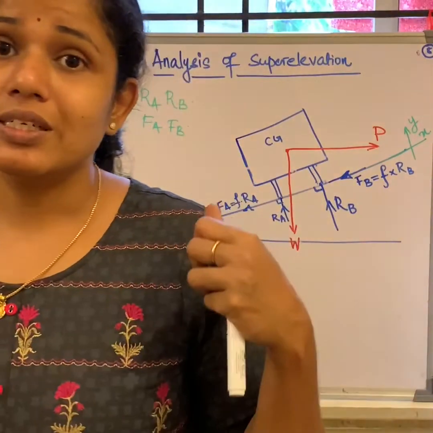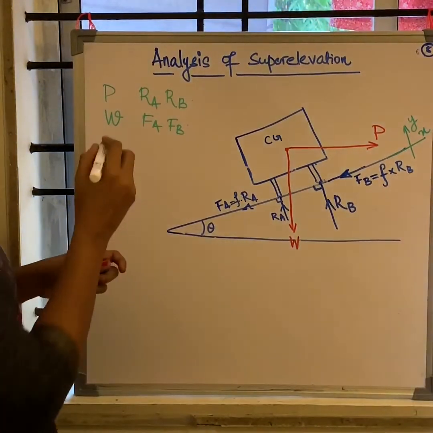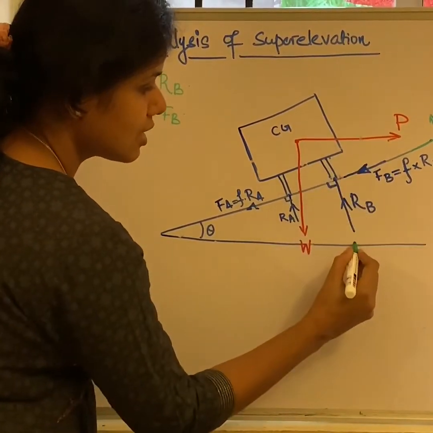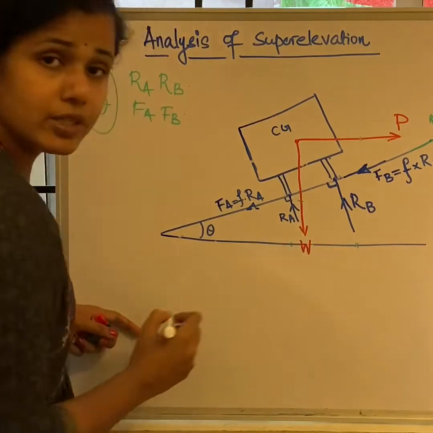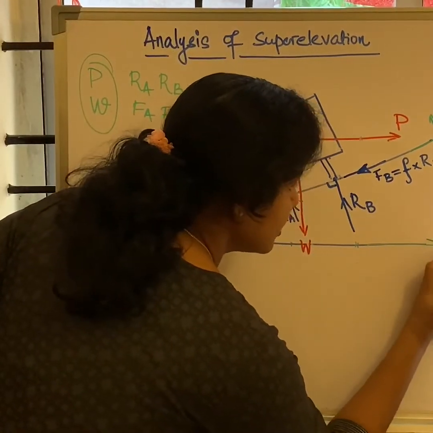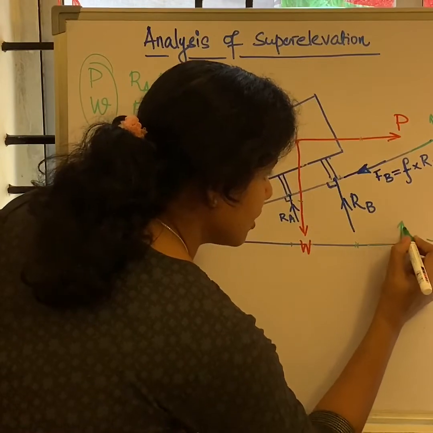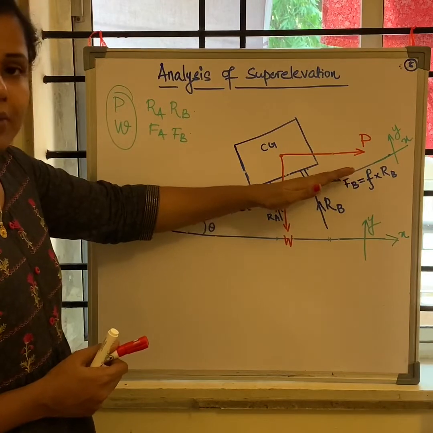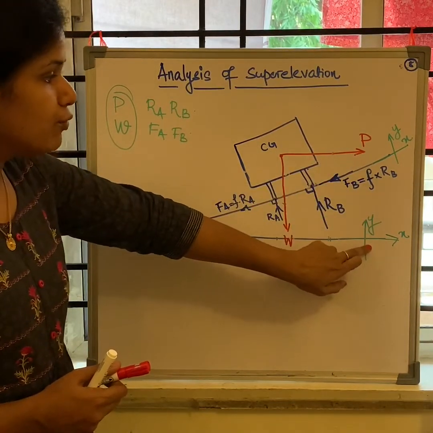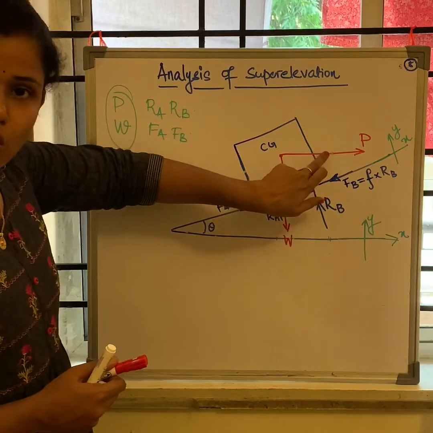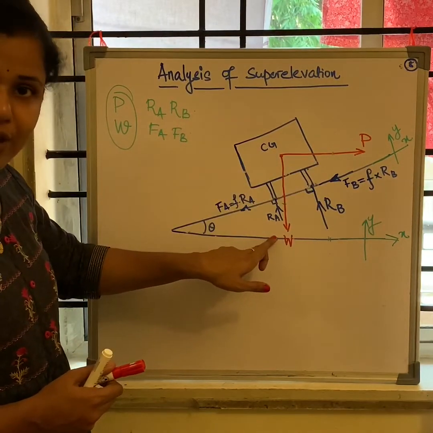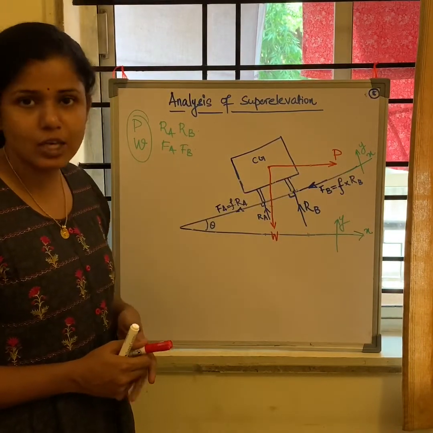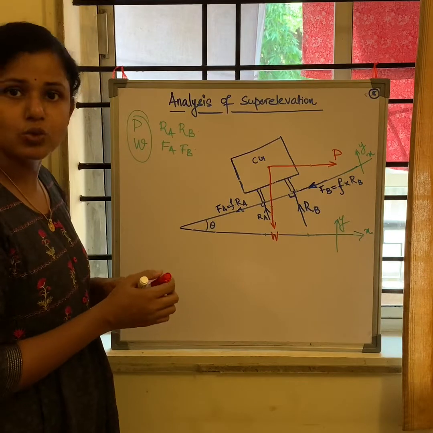Now look at centrifugal force and weight of the vehicle. When I am talking about centrifugal force and weight of the vehicle, I can see that these are acting in the horizontal and vertical, that means not in this x and y plane. Right. So what is the meaning? We are going to derive the equilibrium condition for the inclined surface. So there is a need for you to resolve the horizontal centrifugal force as well as the weight of the vehicle, take the components on the inclined surface first, then derive the equilibrium equation. So that is what we are going to do, resolution of forces.